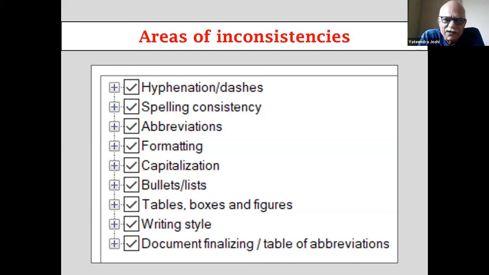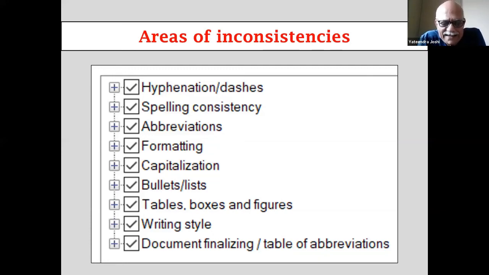So this is the heart of Perfectit. These are the heads that it considers as inconsistencies. As we will see, under each of these, it runs a series of tests. Some of these are pretty obvious: hyphenation, spelling, abbreviations, and so on.